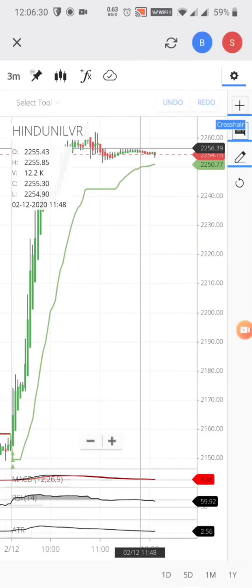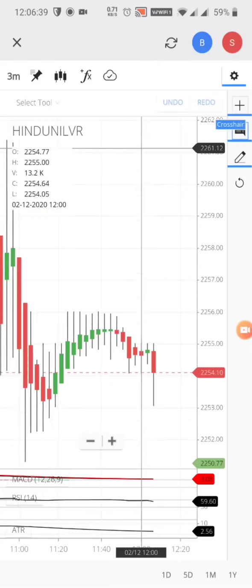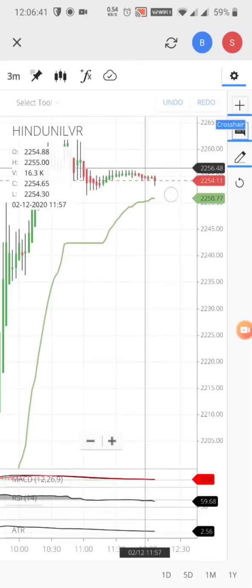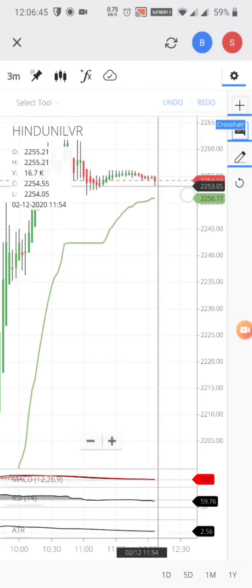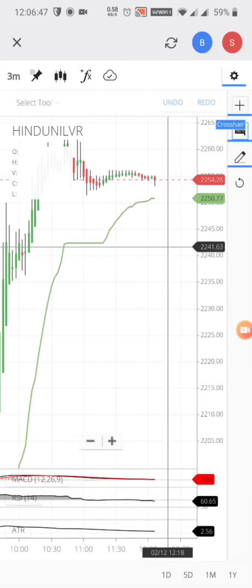After it breaks out, I may not record because I have my classes going on. In between, I'll try to take a trade, and if I'm not able to, I'll try to record the video later to see whether it broke. If it is breaking, then only a 0.3% target. If it is not breaking this point, no trade. So keep this in mind.